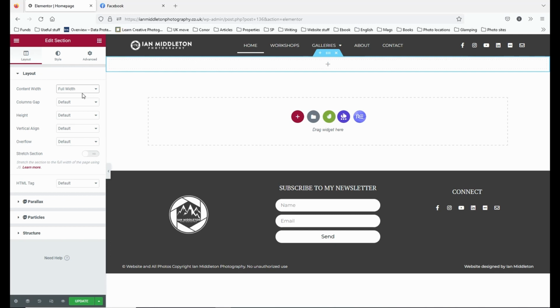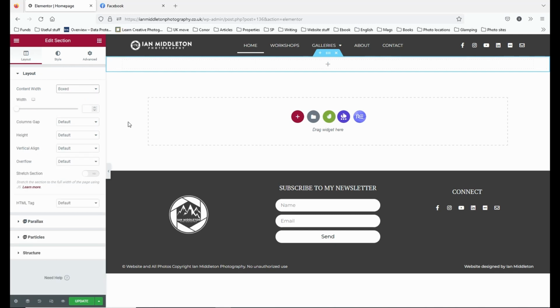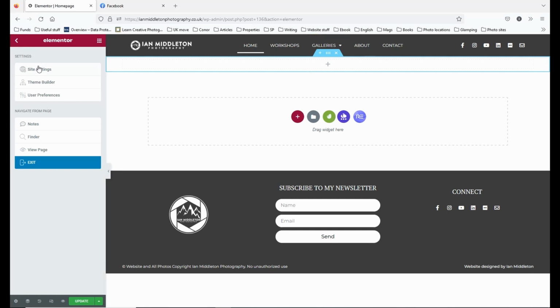Okay, so generally for box sections with text and information, things like that, I choose boxed. And then now you can manually set the width. So you can see here that I'm adjusting it like so. Or if you leave it like that, it's again set at default. And again, you do that in the site settings. So if we go into the site settings,